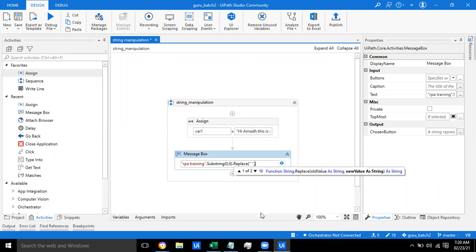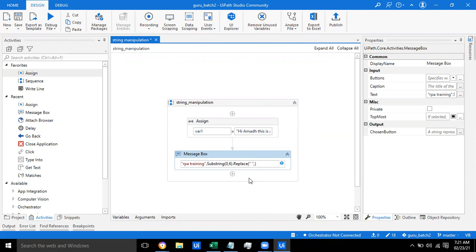Guys, are you able to understand my point? RPA space TR will be my output. In that, I want to replace only the space with empty. I don't want the space to be replaced with anything, so I have given an empty string.